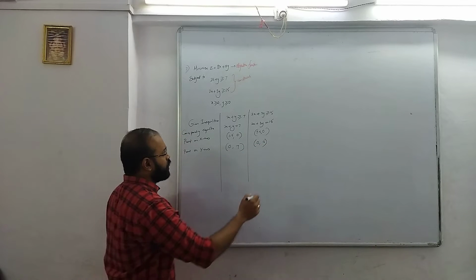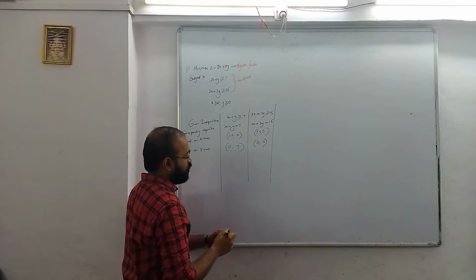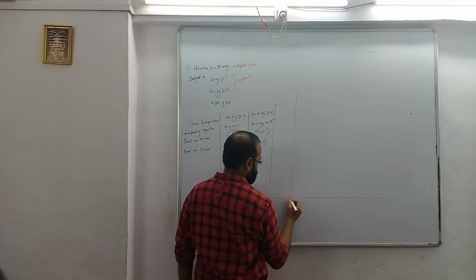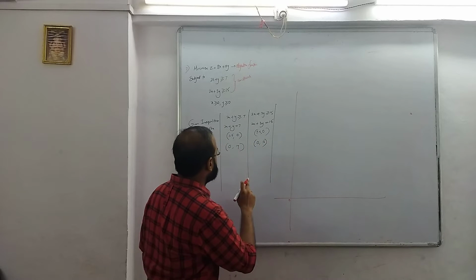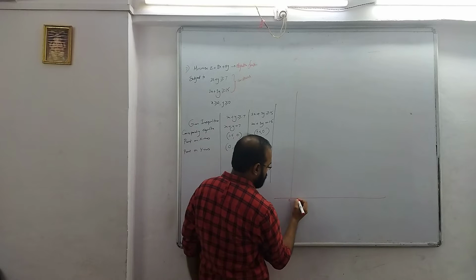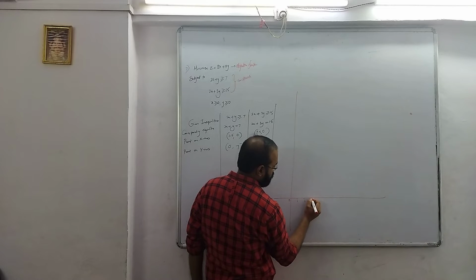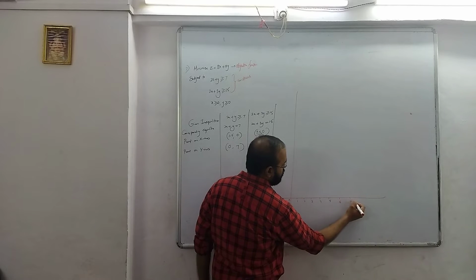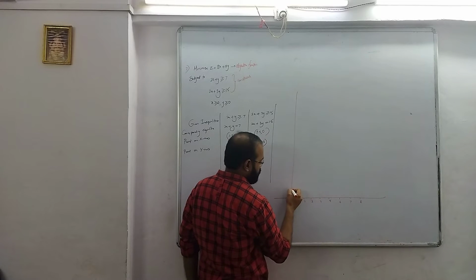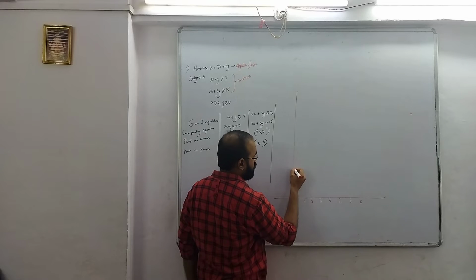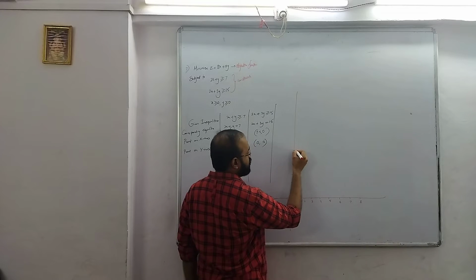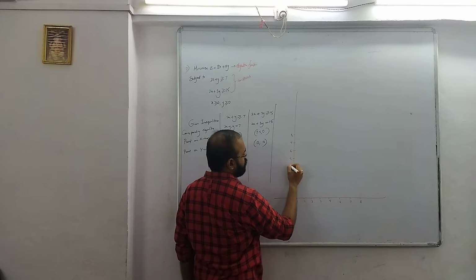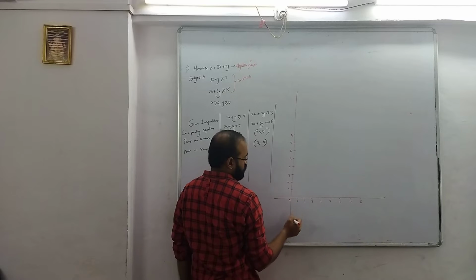So let's draw this now on a graph. We have the graph over here, that is 0, and on the x-axis we should go till 7.5. 0, 1, 2, 3, 4, 5, 6, 7, and we go to 8 over here. Same as what we'll do over here, 1, 2, 3, 4, 5, 6, 7, 8. So this is what we want.